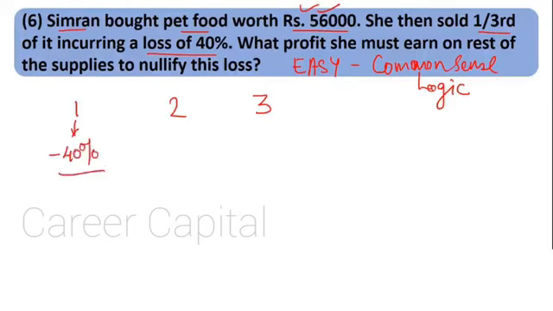Is that right? Yes. Now she should earn profit in both the remaining parts so that this loss gets nullified. That means there is no profit, no loss. Okay. Now let us say it is common sense. Say if you do a transaction and there you get a loss of 100 rupees. If you want to nullify this in the other trade, you'll try to get 100 rupees more so that this gets cancelled out.